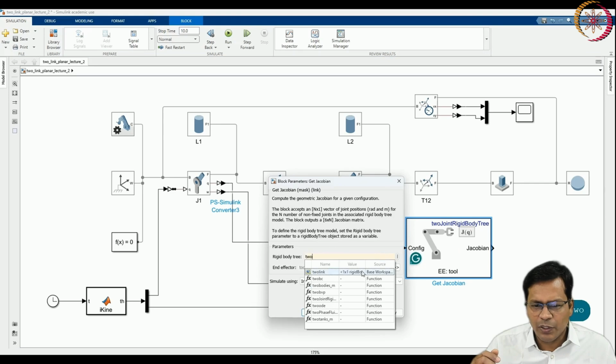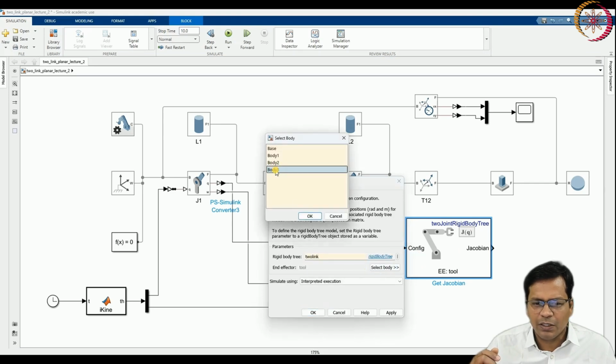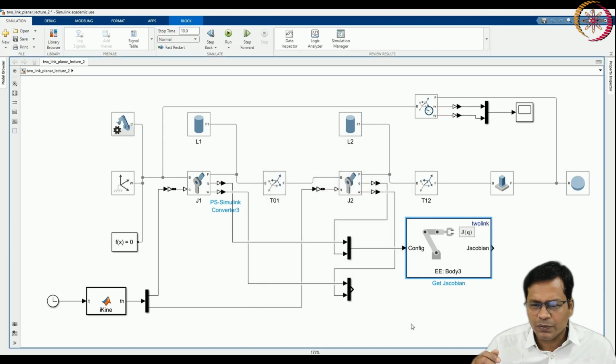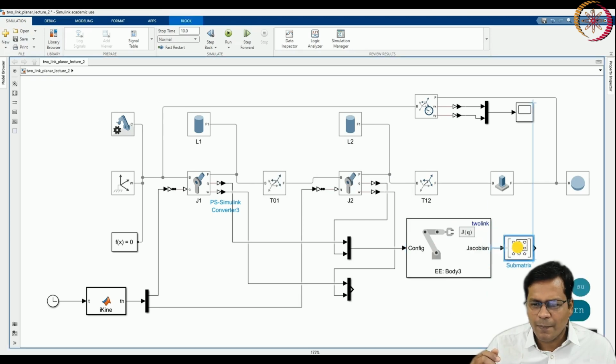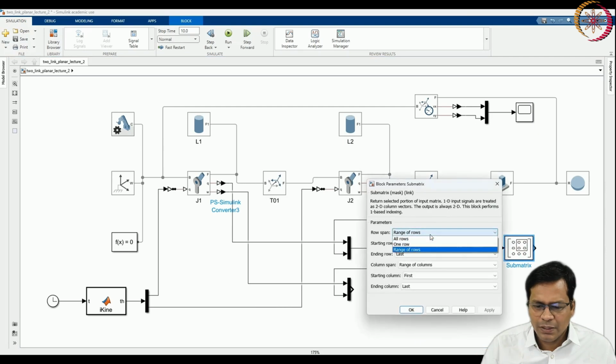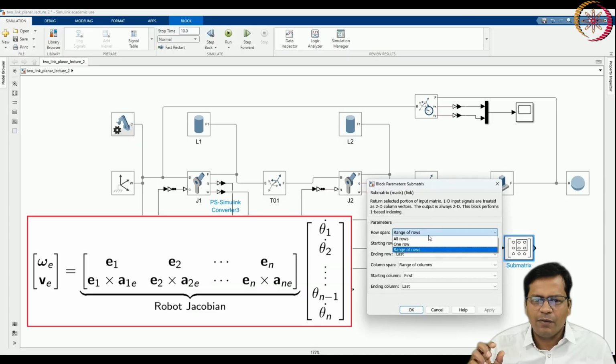It takes in the rigid body tree object that you have created in the workspace. Body here is body 3. This is the submatrix. I am extracting the submatrix from the complete Jacobian, because the complete Jacobian has the end effector angular velocity as well as the Cartesian velocity component. Because I know I just need the end effector Cartesian velocities, I am extracting the elements from this.